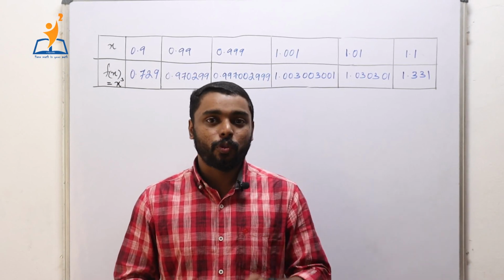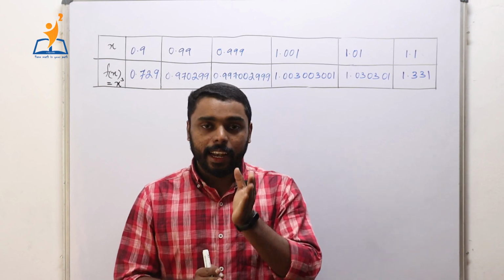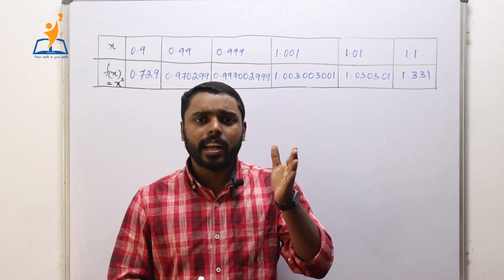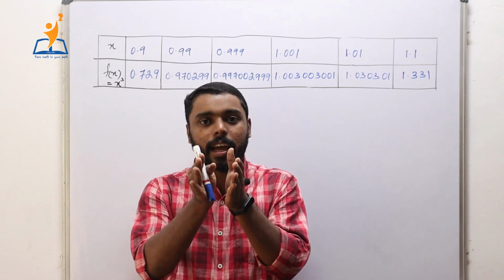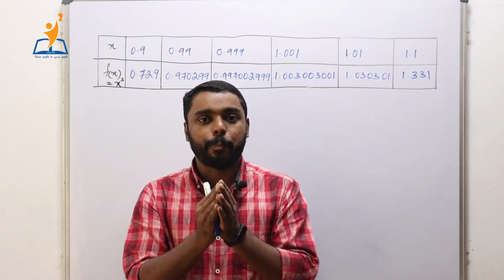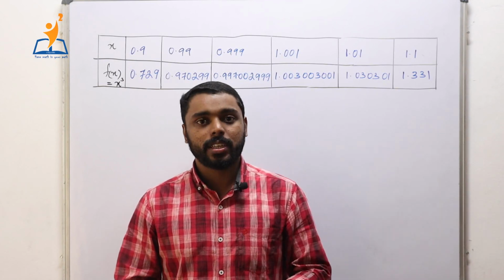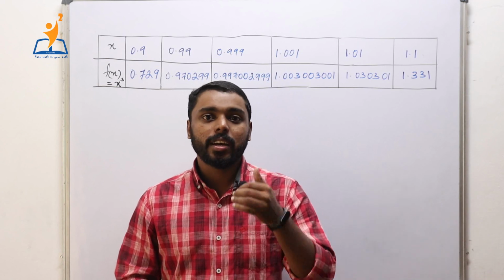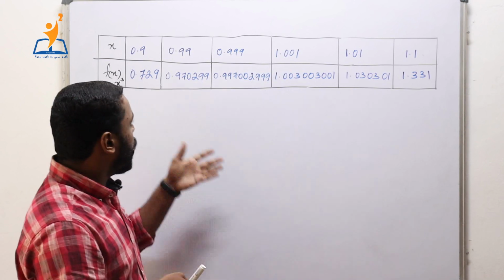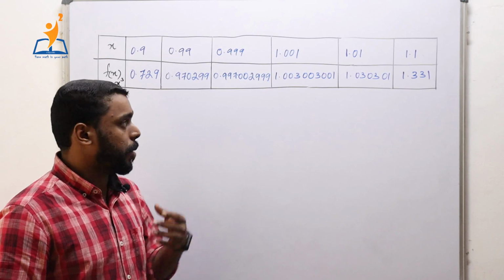In the previous class, we discussed limits of a function. Also, we said that the limit of a function exists at a particular value only if the left hand side of the limit and the right hand side of the limit come closer to each other and exist at the same point, and then we can say that the function has a limit at the point, whatever point we are particular about to find the limit of the function. In this video we are going to find the limits of some functions as examples at some points.